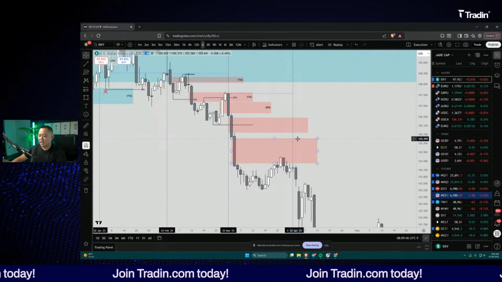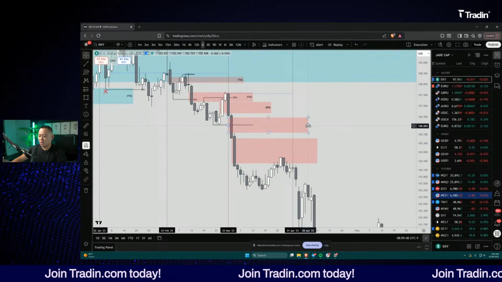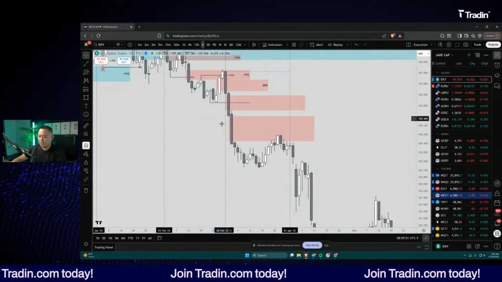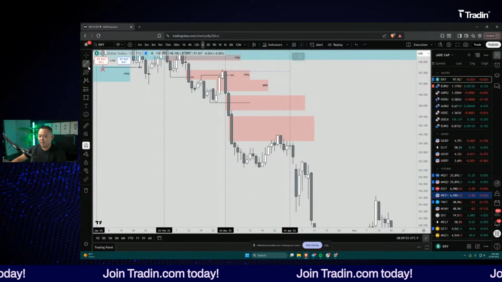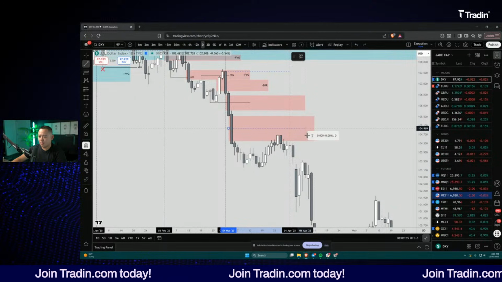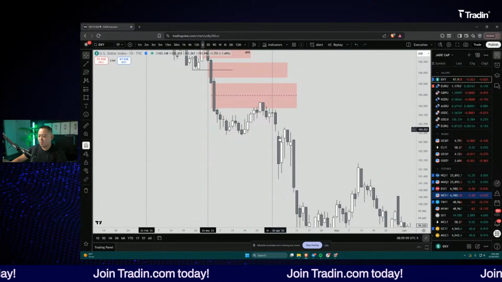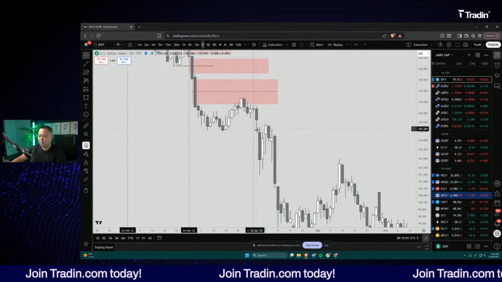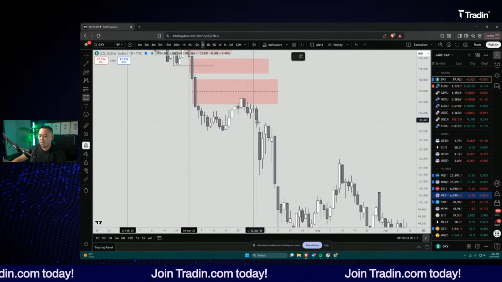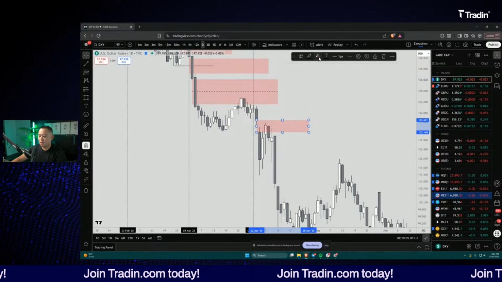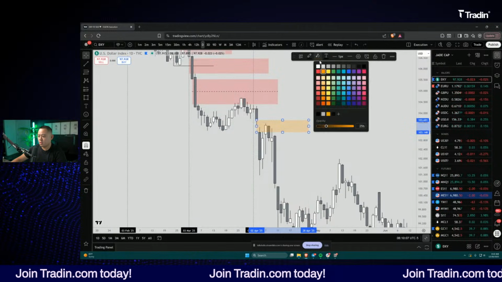And if it goes higher into here, it's not as weak, right? So we get a retest into this fair value gap, right? 50% of this fair value gap is actually respected. And then we get this nice expansion lower again. All right, we get a retracement into where? This volume imbalance. I usually make my volume imbalances orange.